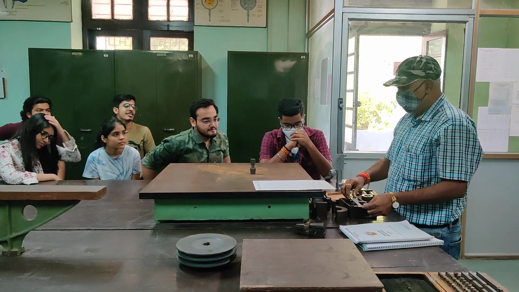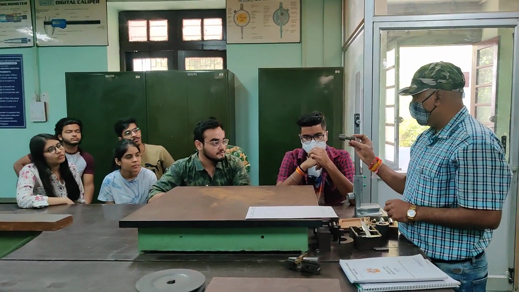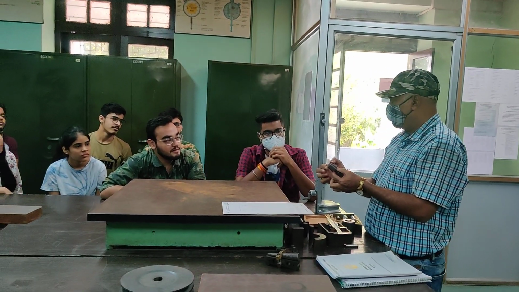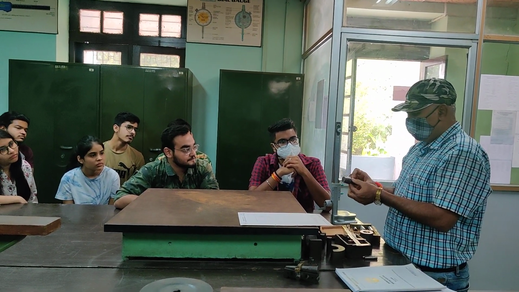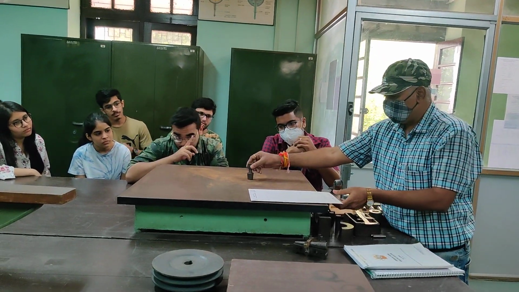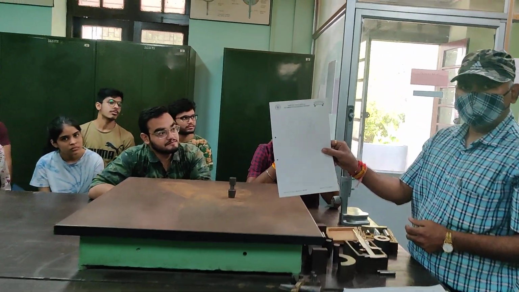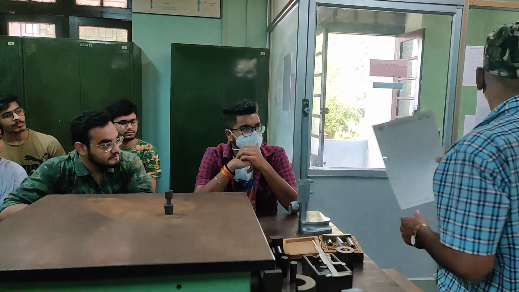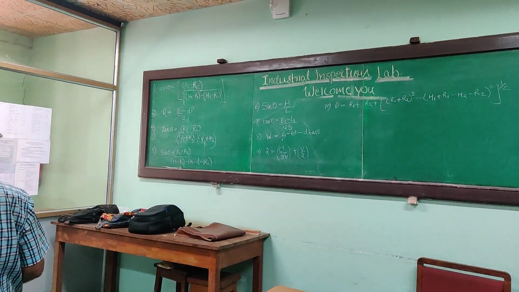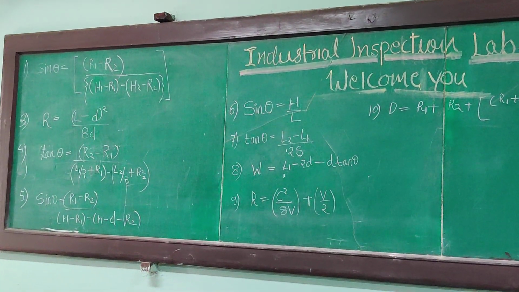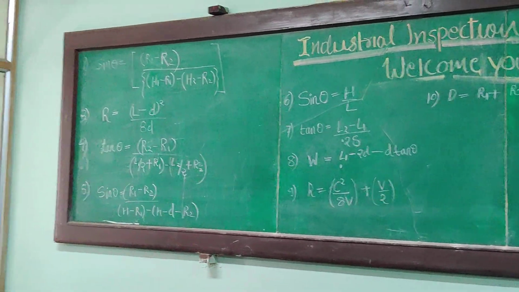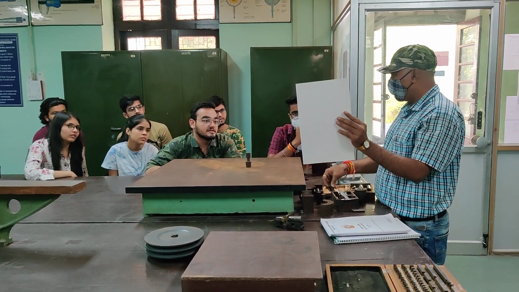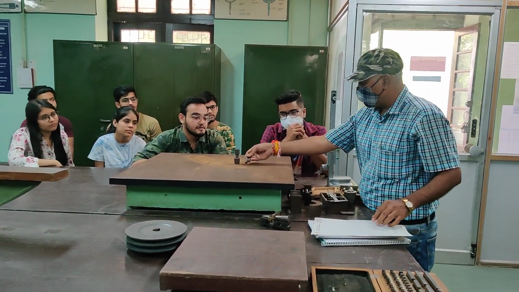Find the small end diameter of the taper plug gauge. This is an object of a taper plug gauge. This diameter is to be measured. So for this we have to use this drawing as the geometry. The formula is written over here: W is equal to L1 minus 2D minus D tan theta. So what do you require? One set of cylindrical rollers is required. So this roller is to be taken care of.